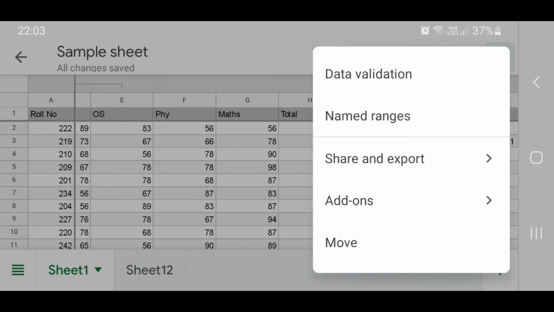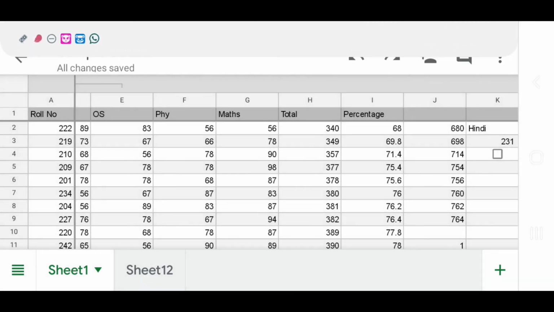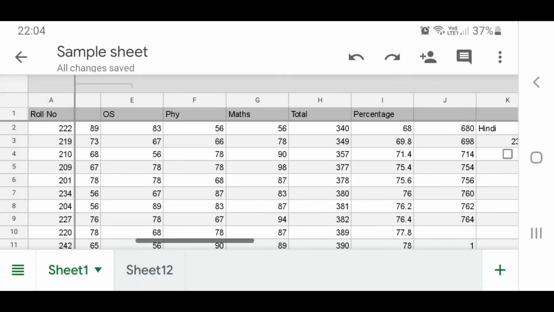We know that while using Google Sheets, being an online app, the greatest advantage is that you can share it. Multiple people can access, edit or comment on your document. So how can you share your document? To share the document, there are 2 options. Either you can click on this share button. This is the share button that is available for us. Click on that.